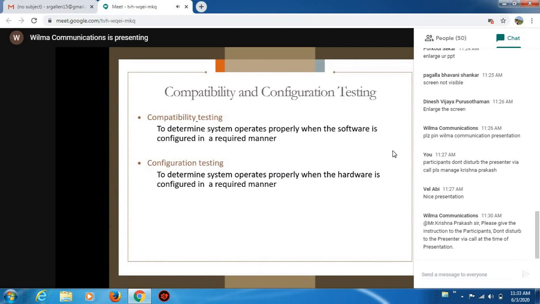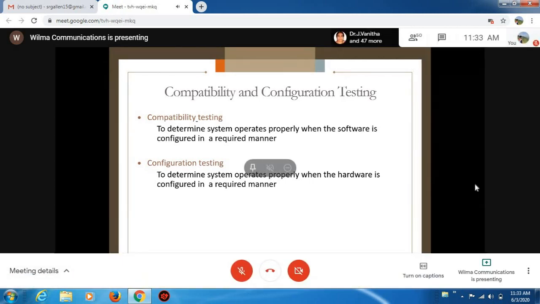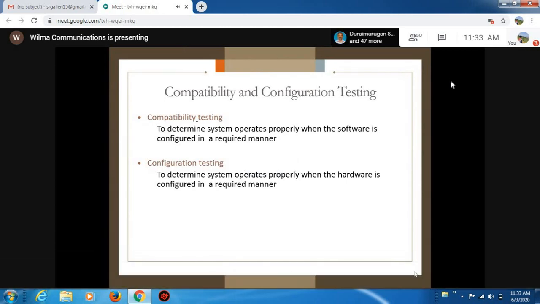See, testing is a risk-based activity. By removing something from the product, by adding something, by doing a modification, there is a possibility that new defects might get introduced. To check that, we go for regression testing, where I will check the defected components, that is the login part, as well as undefected parts, that is the home page of the product.